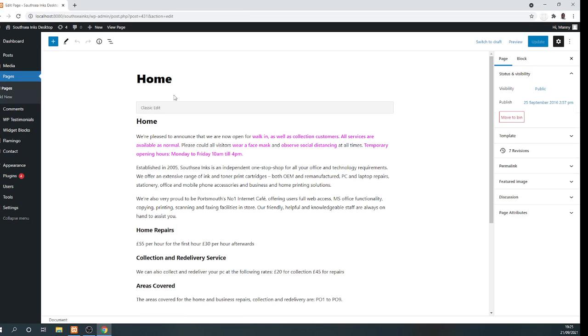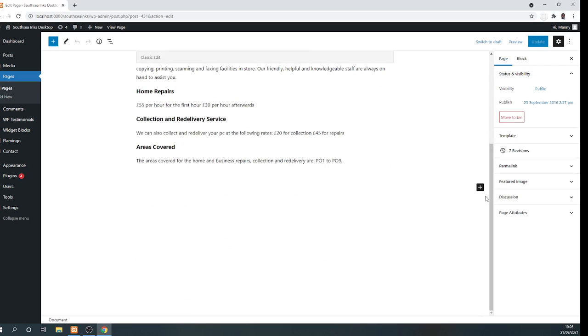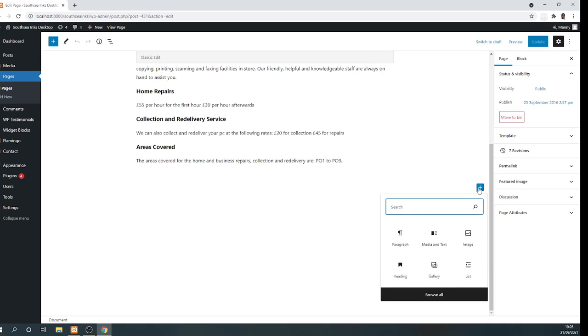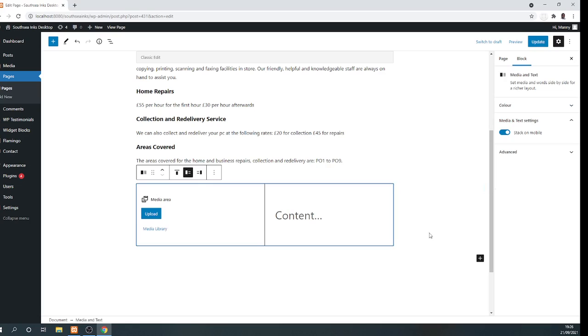We go to the home page. We can see at the bottom of the home page we have something called blocks. If you click on add a block, you can add media and text. You can add a media and text block. What this media and text block does is it allows you to add media on one section, like an image,